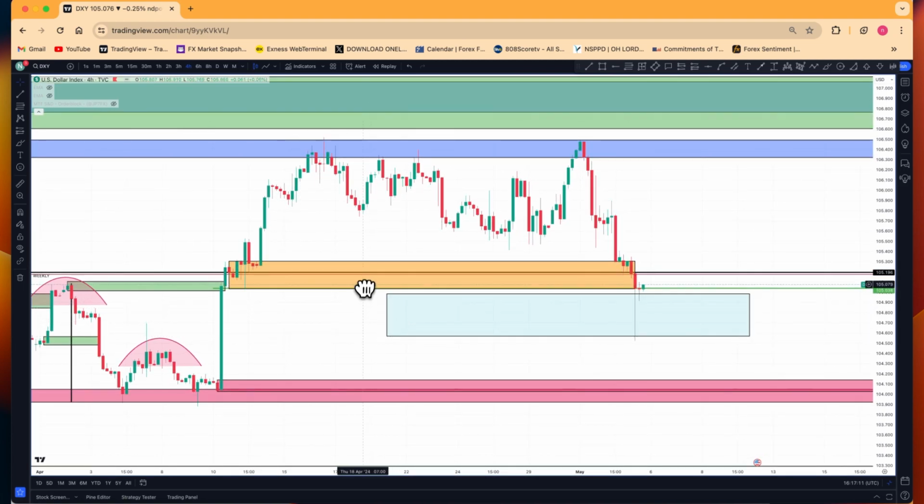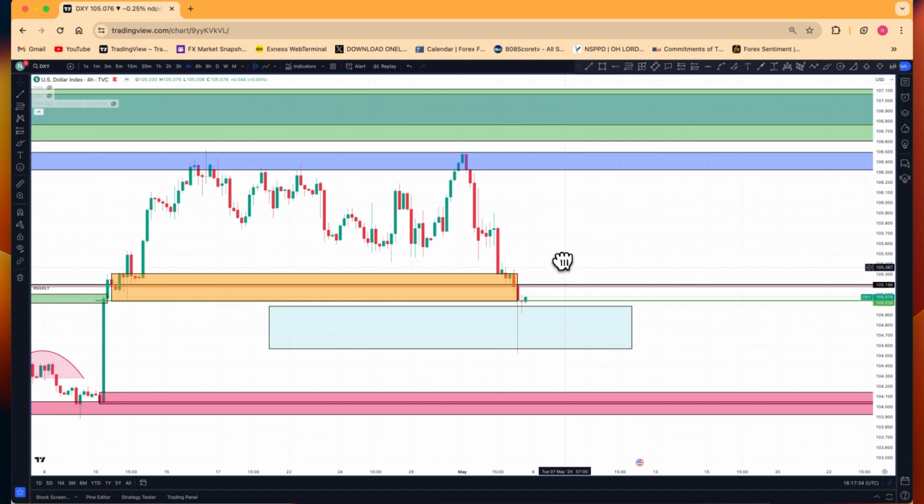The demand zone here has been removed, and this is the area that the bank used to drop price and push price to the upside. Apart from this area, this was the last area the bank used to push the price to the upside, and now that area has been taken out. So I'm expecting it's possible for this market to continue to the upside here like this, but if that happens,